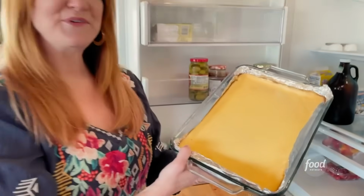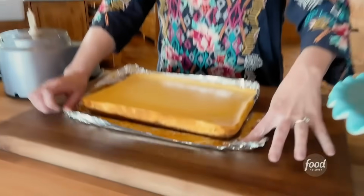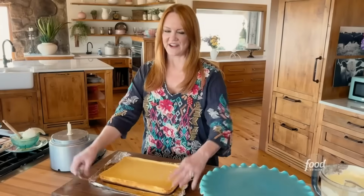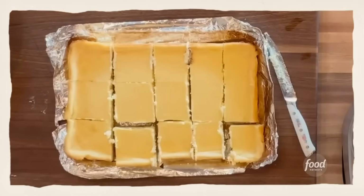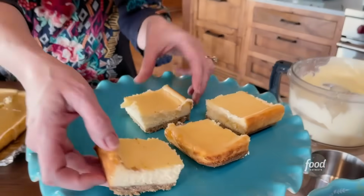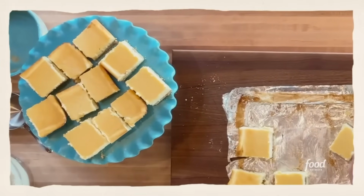Wow. Look how beautiful that bakes. Look at that. You can just kind of peel the foil back, and then you don't have to navigate the pan when you're slicing it. All right, I'm gonna get these sliced into squares. Okay, now I'm gonna get them onto a pretty cake stand. I may not have enough room. I don't wanna stack these, of course. There's a gap, we can't have that. Got a few left over here, but